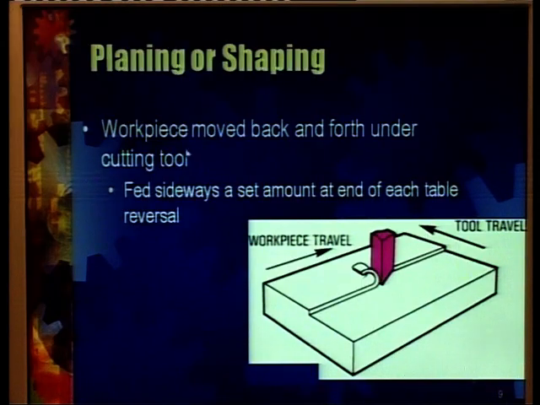We can read out: the workpiece is moved back and forth under the cutting tool and is fed sideways a set amount at the end of each table reversal, so as to produce the total surface. The meaning of this second line is that suppose the tool is at this particular position at the start of this back and forth motion, then it will remove a chip, as we can see over here, when it is moving relative to this workpiece in this direction. Then once this cycle is complete and this whole slab has been made plane, as has been done over this portion,